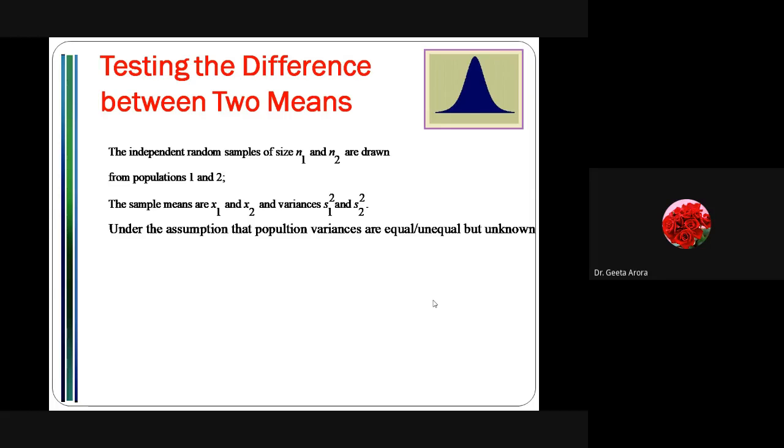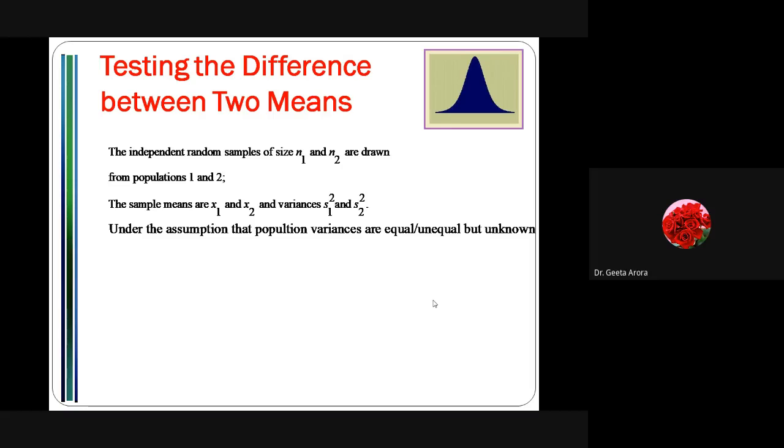Correct? Now the same thing as we have done for the z test, we have the t-test for the single mean and the difference of means. So here also we have the t-test for one mean and for the difference of means, but some difference is there. So you have to be careful regarding things. Let's start. Here again we are taking two samples of size n1 and n2 drawn from population 1 and 2. And again, sometimes we are taking only one population and sometimes two populations. Depending upon the things, we can adjust.